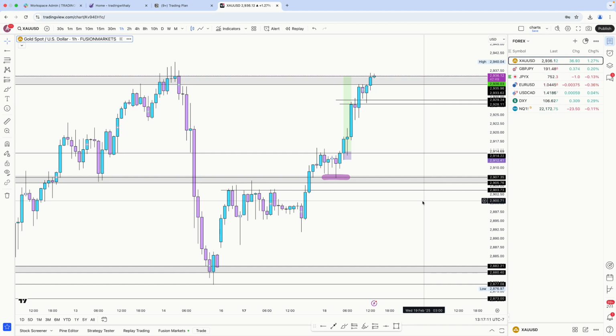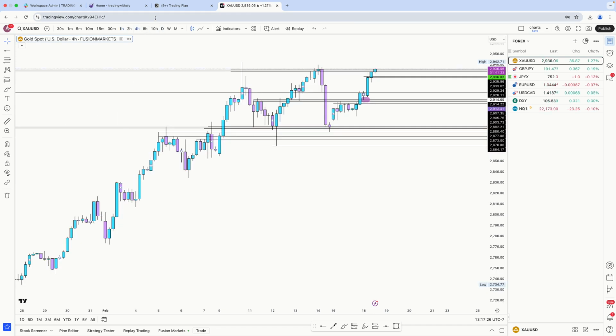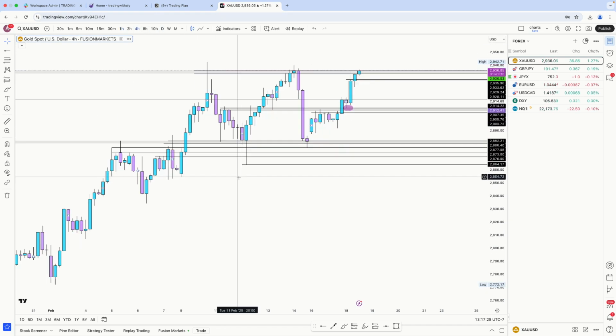Today I'm going to go over something different, actually. I'm just going to show you how I took a trade on gold this morning. It was during the New York session. Basically, how I identified this is I went to the 4-hour time frame and started drawing up